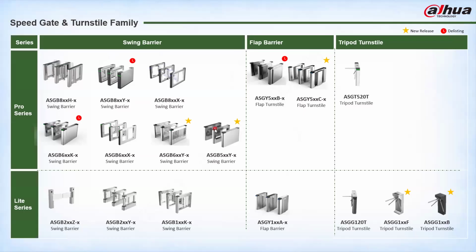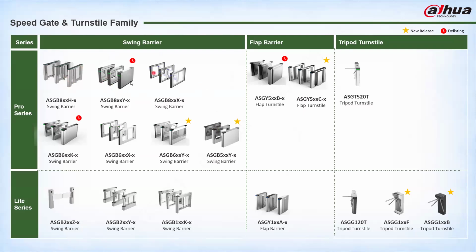So let's take a look at this. For the gate, speed gates, and turnstile families, we have the swing barrier, the flap barrier, and the tripod turnstiles. These are categorized into two major categories, the Pro series and the Light series. In the Pro series, we have these gates